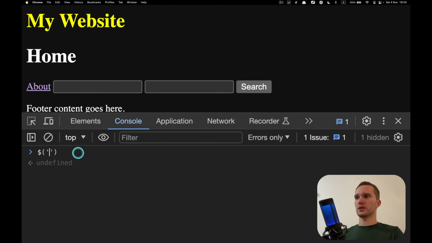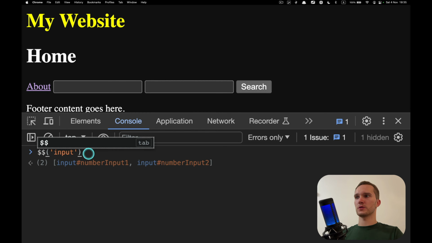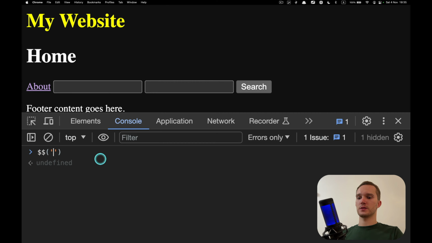Right, the second option is finding elements by tags. We already did that, so we have to find inputs. Let's find all inputs. If you remember, just put $$ here. So we just found two inputs: input number 1, input number 2. And we can traverse the tree, so from the top, body, this is a tag, then div, and the form. So we can traverse the tree from top to bottom and find the element.